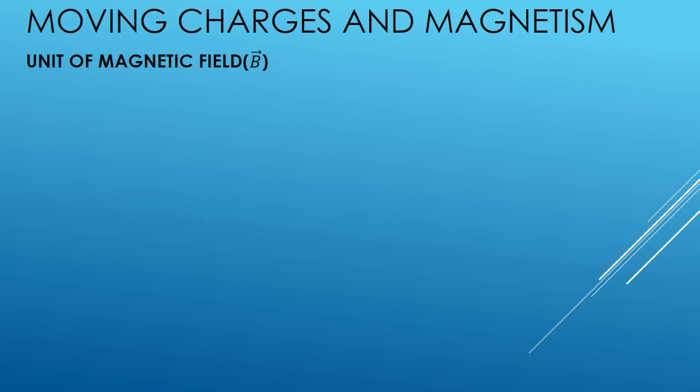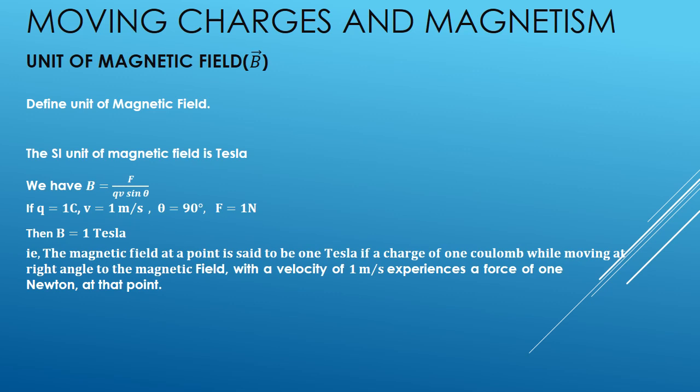Here we are defining the unit of magnetic field. The SI unit of magnetic field is Tesla. We have the magnetic field B is equal to F by QV sin theta. In this equation, if Q is equal to 1 coulomb, V is equal to 1 meter per second, theta is equal to 90 degrees, and if F is equal to 1 Newton, we will get the value of magnetic field